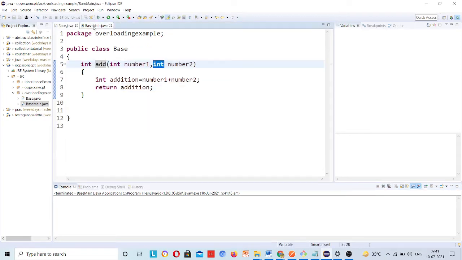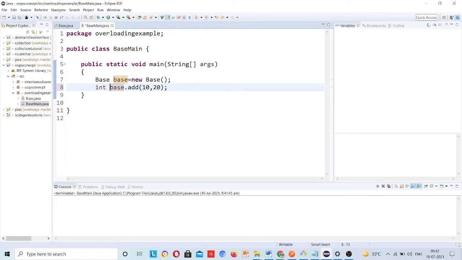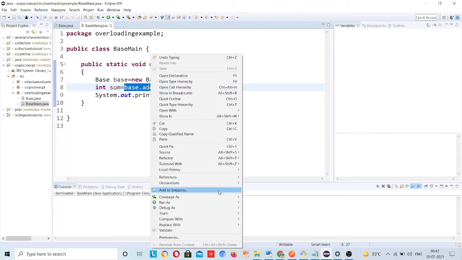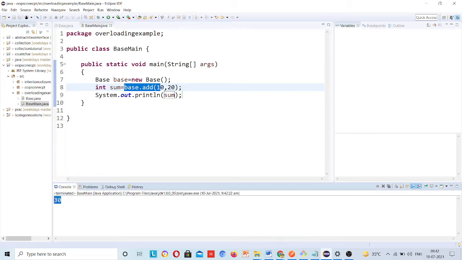If it is returning something and you want to print it here, then you have to receive it: integer sum is equal to this, and then you print sum. Or you can directly print base dot add 10, 20, it will also work. Now run as Java application, you can see 30 is returned to you.